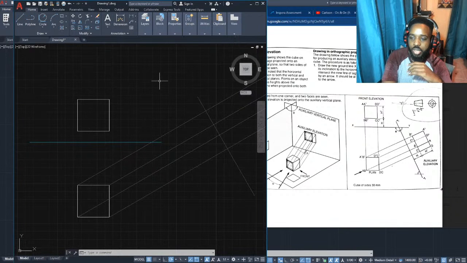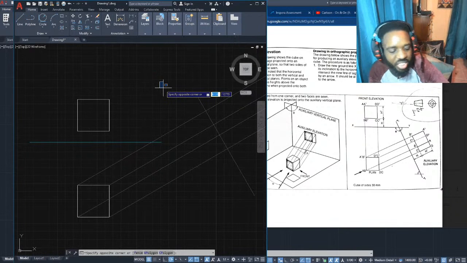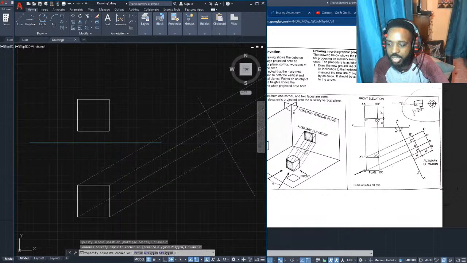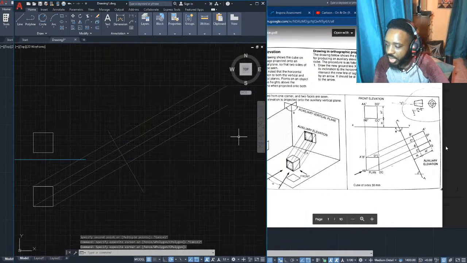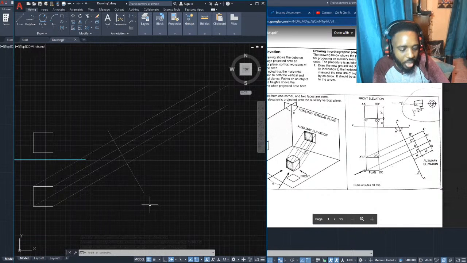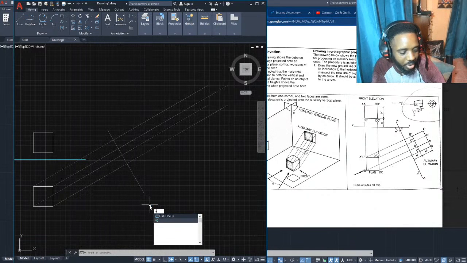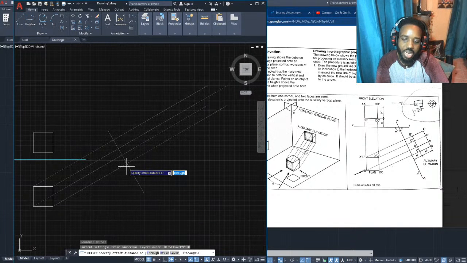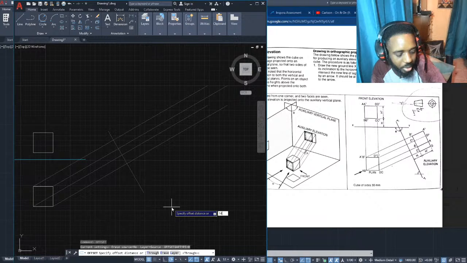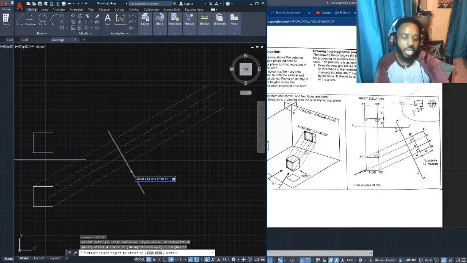So what I can do here is simply offset this line by 14 and I would get this line here. I'm going to use the offset command to make life easier. So I'm just going to select offset, select 14, enter, and offset this by 14.